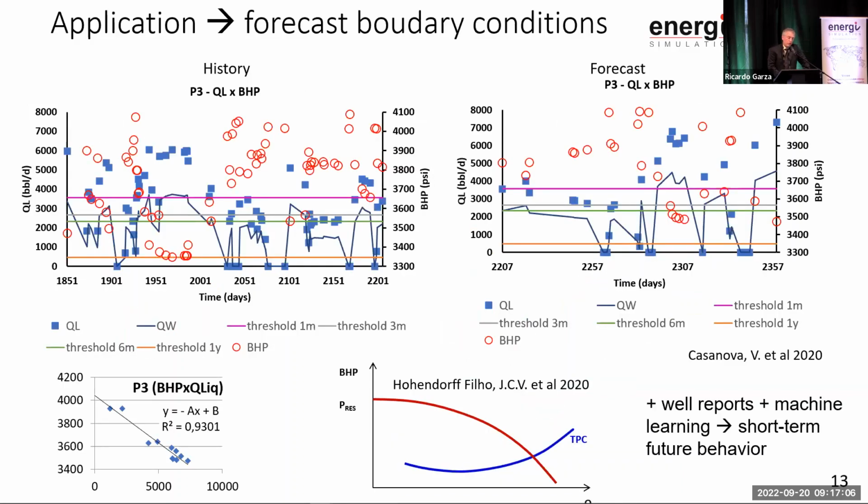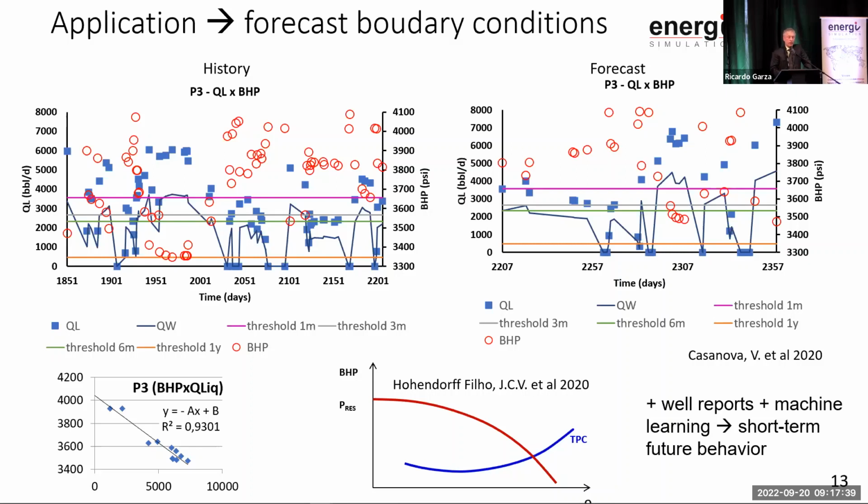Another common problem that we have, these are complex graphs as well, but this is a real example of a project we have with Shell in Brazil. For real fields like this one, we have a lot of operational problems, as we can see in the red dots and blue dots in the left part, because wells are changing every time, the controls are changing every time, and we have to have a forecast mode, which is the right